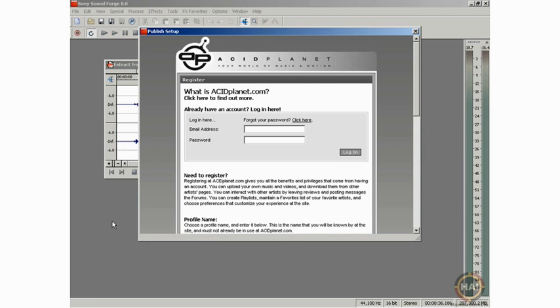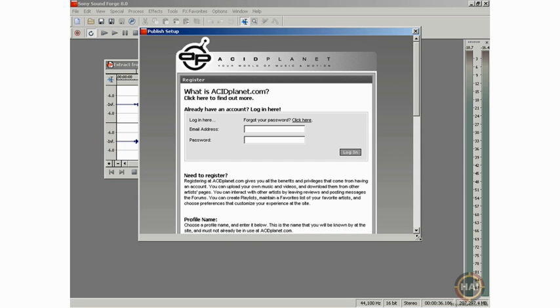And what is Acid Planet? Well, Acid Planet is, for lack of a better description, a kind of forum for people who want to put their music up and get it heard and seen by a lot of different people. You can publish your own music that you've created, either using Sony's Acid software, which is, again, a whole other title that we're going to be having, or videos that you've worked on, that you've scored, or original songs, whatever